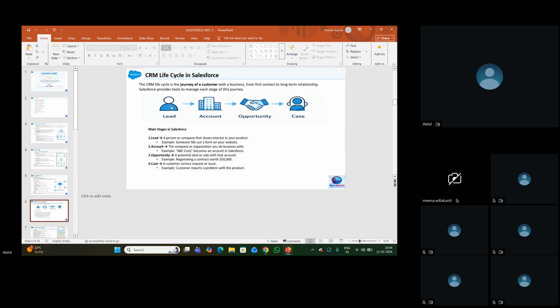Once any customer has shown interest in our product, he will be considered as a lead in Salesforce. You all should know this flow. Before getting to the opportunity and account, we'll have Sales Cloud.